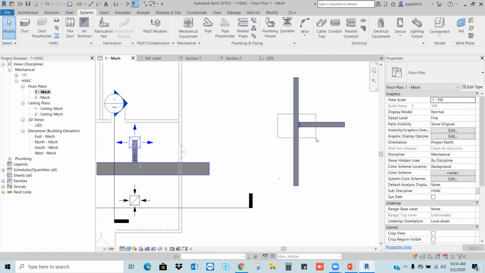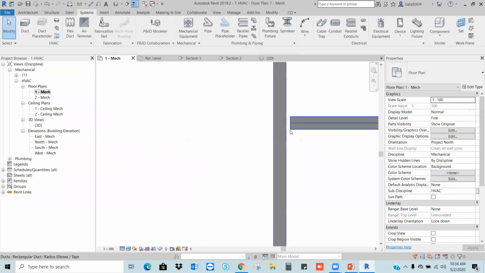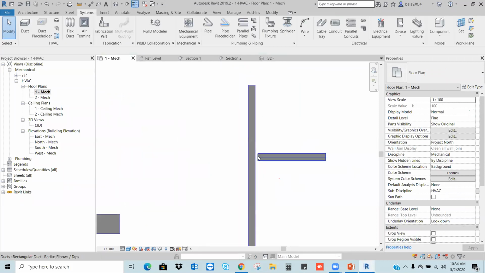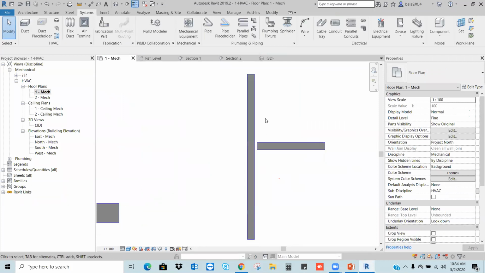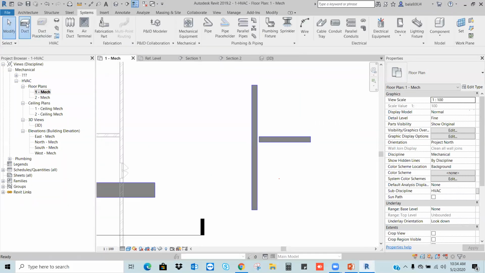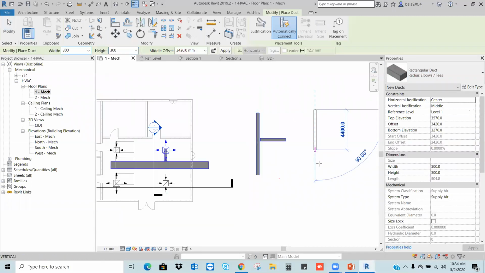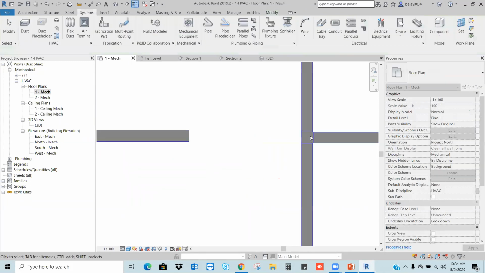In that situation, we use the T junction. If two ducts are the same size, we use the T junction. How can I get the T junction here? If you go to the duct, I have one dedicated type for that, radius elbow T. Okay, let's say I'm taking one duct here. If I draw the duct directly, I will get the T.